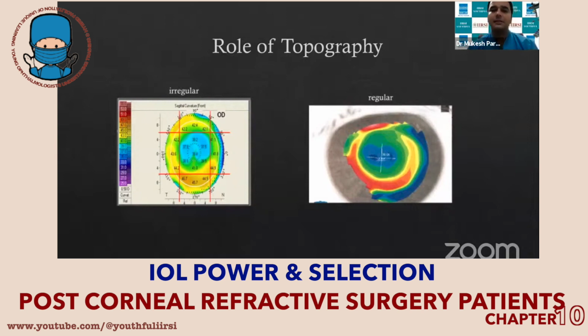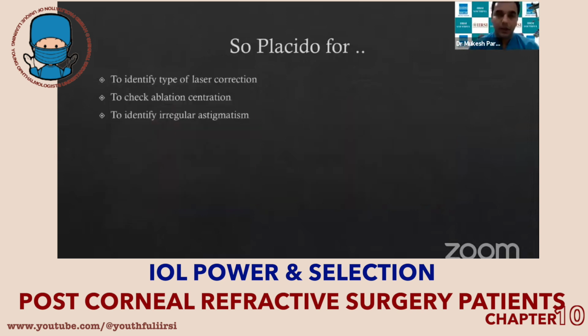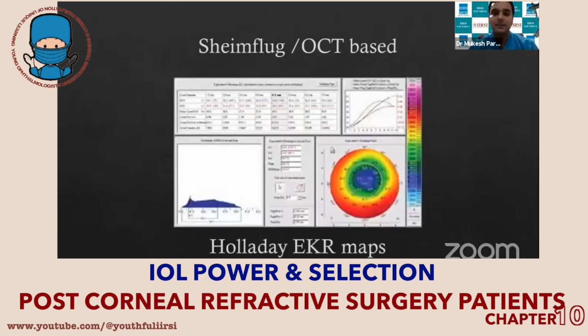Now, all these answers can be given by a Placido itself. So for us, very frankly, a Placido is there to identify the type of laser correction, to check whether the ablation is centered or not, and to distinguish a regular astigmatism from an irregular astigmatism, where toric IOLs will give a better outcome. While with a Scheimpflug- and OCT-based device, I can get the anterior as well as the posterior curvature. For example, if I have a Pentacam, it gives me the Holladay EKR map, which shows the zonal equivalent K readings. At the same time, it shows us how